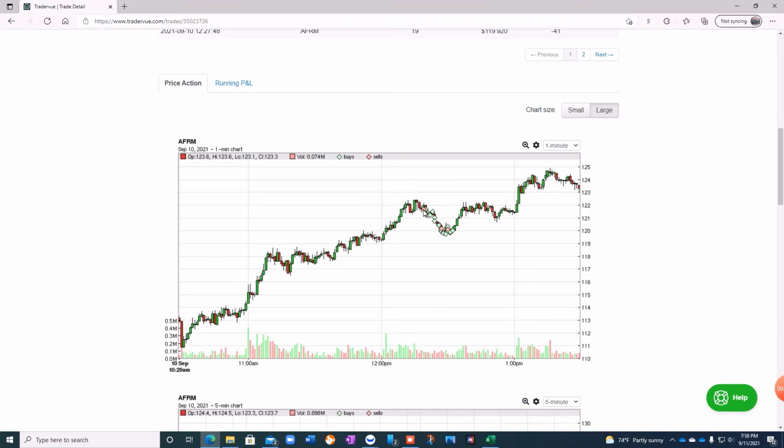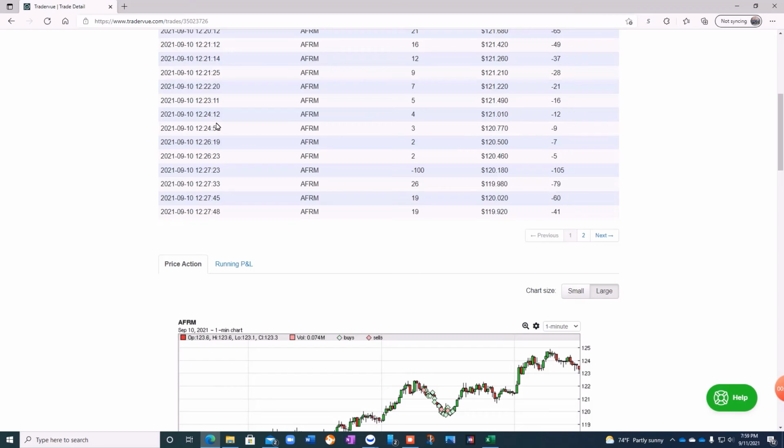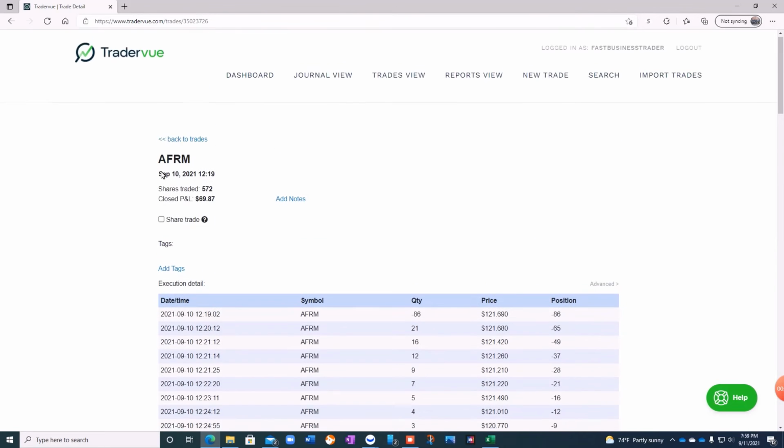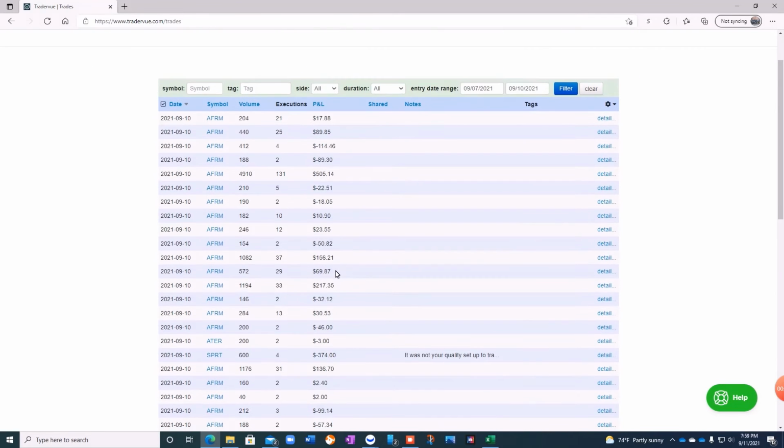I flipped short on this Death Star here on that reversal and bought all the way into it. And then up here, I even sold more and bought all the way into it, pulled back, sold more, bought all the way into it, and then here I flip-longed again, right? So on this trade here, I'm at $69. So now I'm close to like a $100 or $200 loss from earlier,